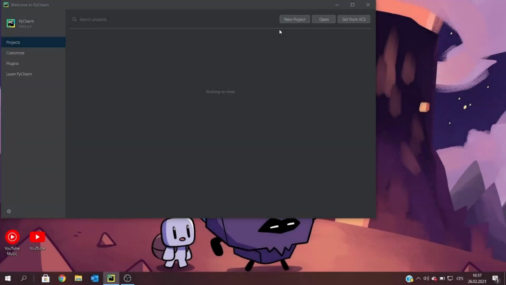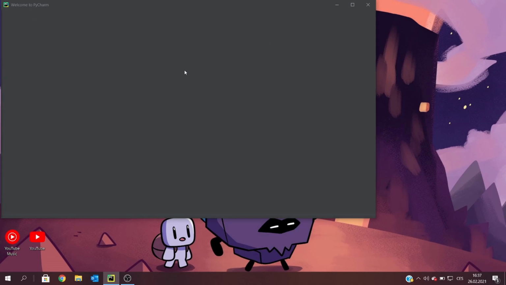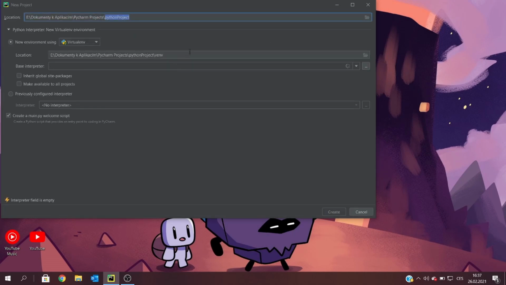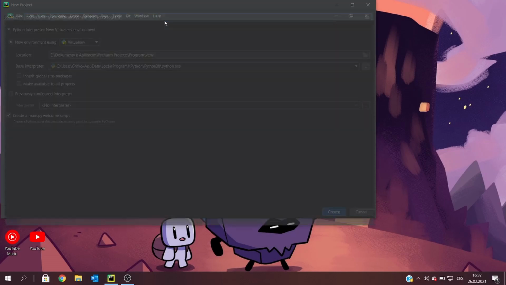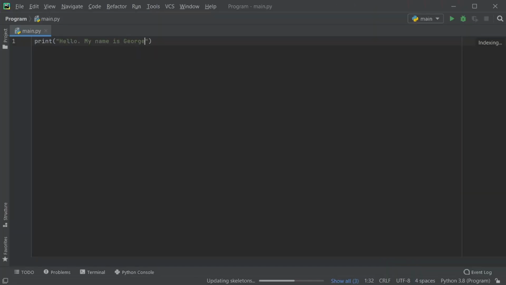We will be working in Python, so we will use an application called PyCharm. First, start PyCharm and create a new project. You can name the project however you want to, but in this example we will simply name it program. First, we will make a part of the program which will be executed before the start of the game.